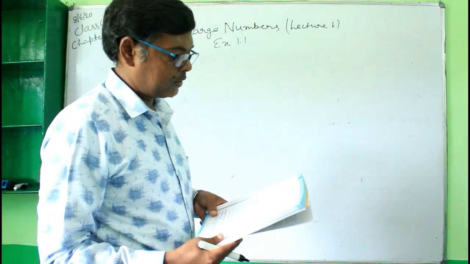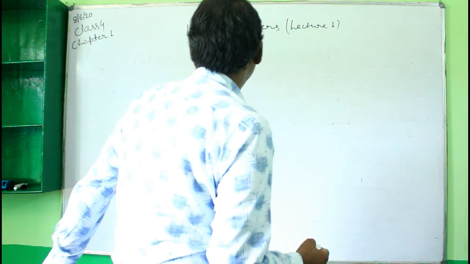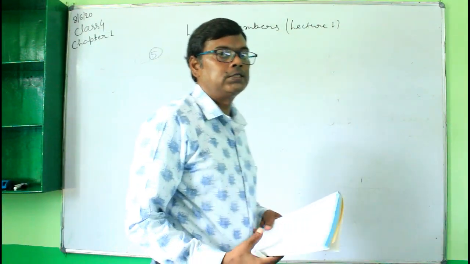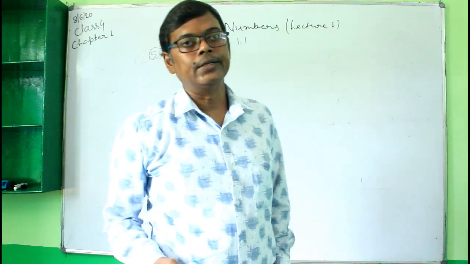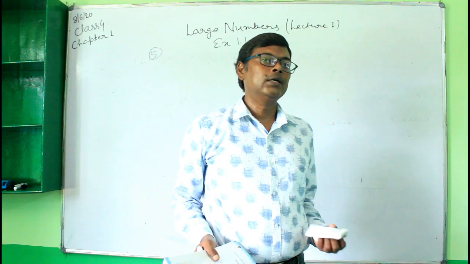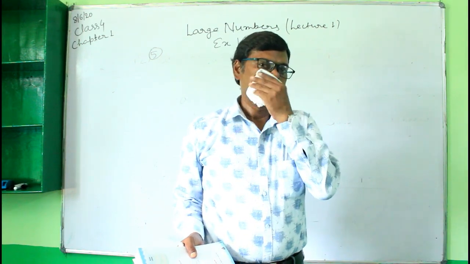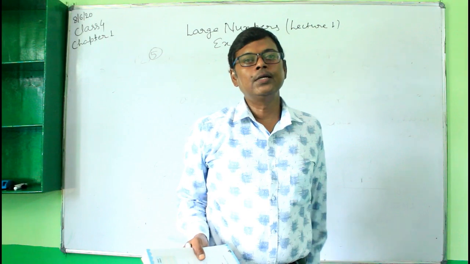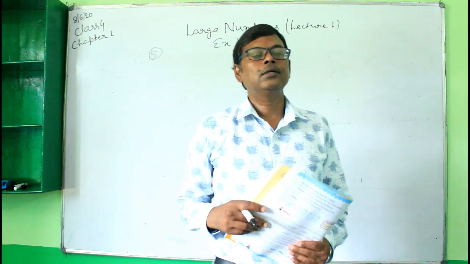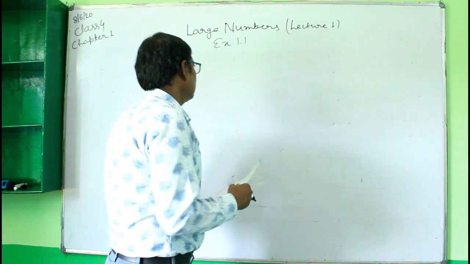Name the places in the thousands period. Okay. Name the places in the thousands period. So in thousands period there are two places. That is the 10,000 place and thousands place. So here you will write